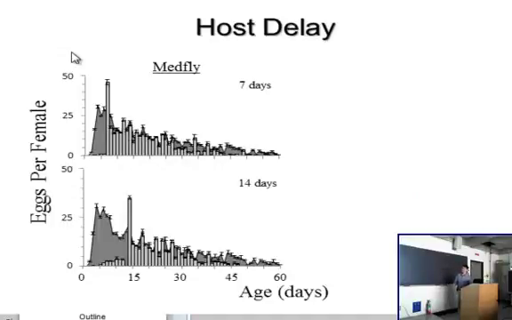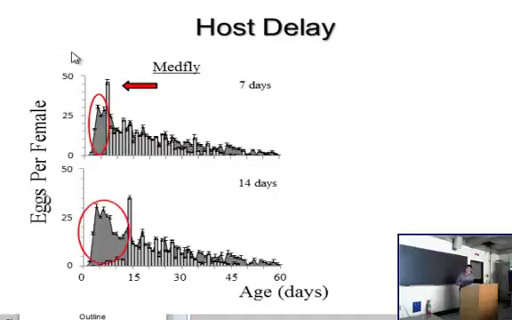So when you look at how these affect the age-specific reproduction rates, we see two common trends. Here we have the eggs laid per female with age in days. This gray line in the background that's shadowed represents the reproductive control that I showed earlier. The overlaid bars represent the reproductive ability of the treatments. So when host was delayed for 7 days, we see that the flies are losing this period where the reproduction was peaked, and that there's some level of retention, demonstrated by this spike in reproductive ability. Even though there's this huge spike, there's no ability to compensate for this missed ability early.